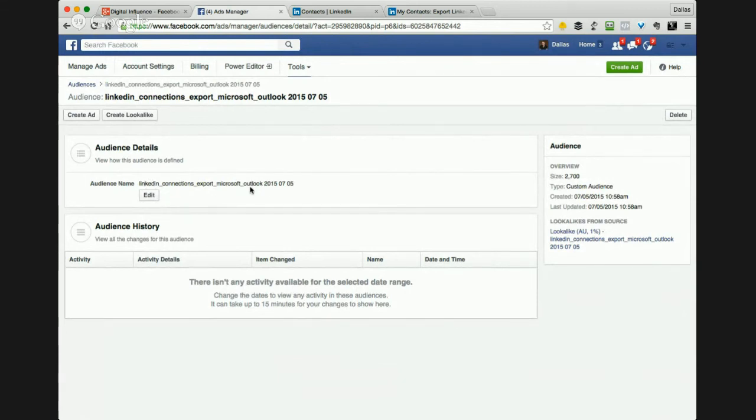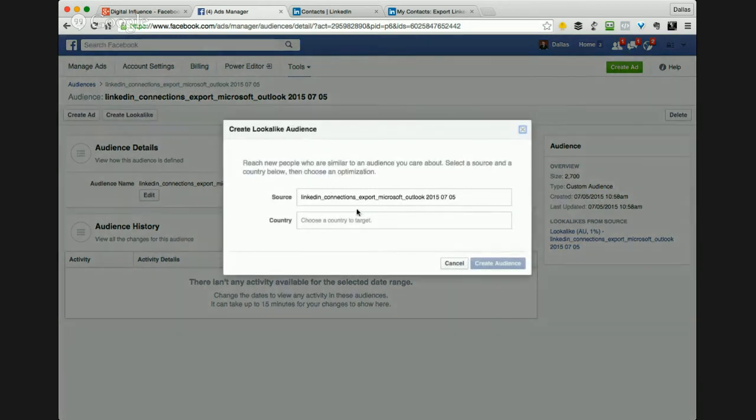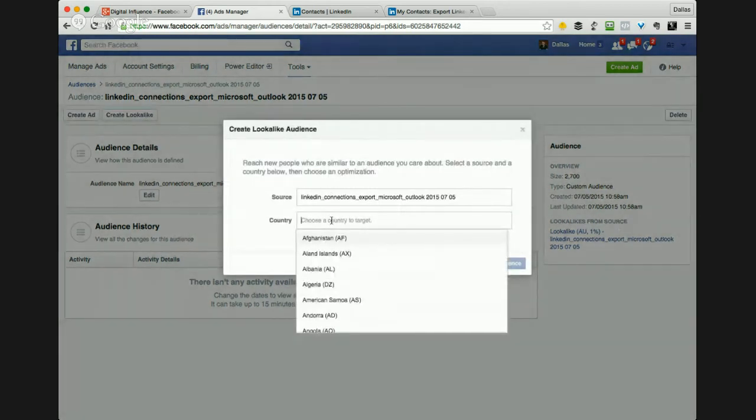That's the audience. Now, what I can do is create a lookalike from that audience. Remember, that list of people could have been my existing customers. Let's say I've only got 100 customers, and I want to market to my customers, but also I'd love to market to people who are similar to my customers who I don't yet have on my list. I can do that by doing Create Lookalike. I choose Australia.